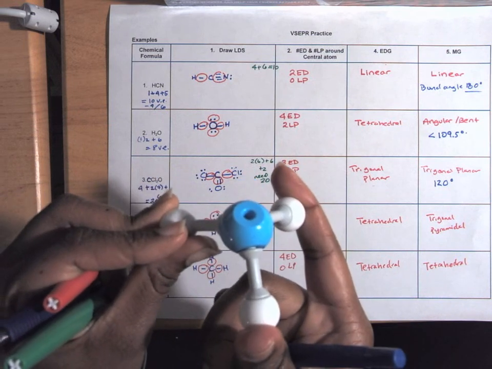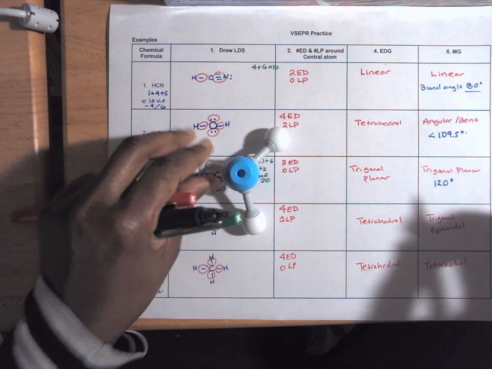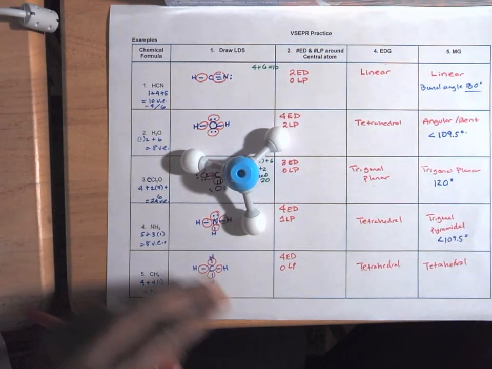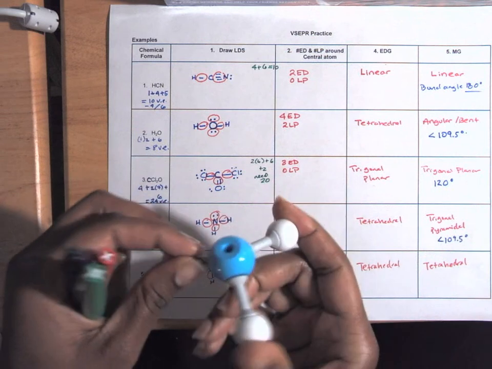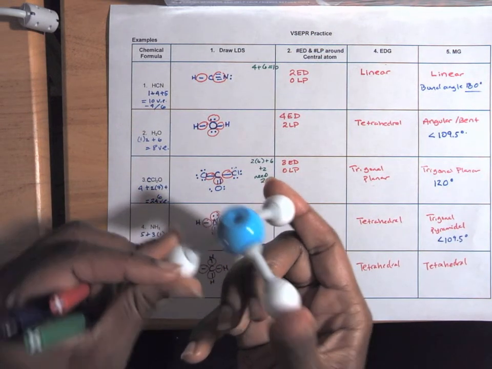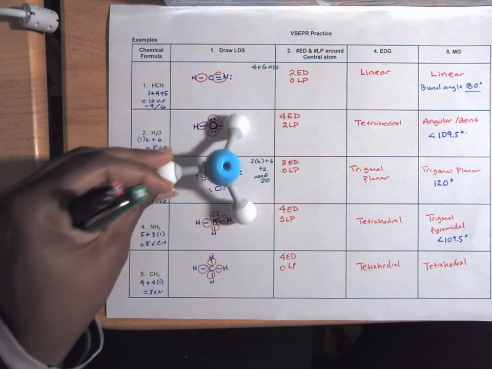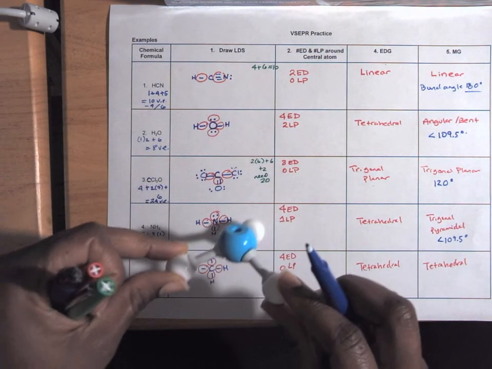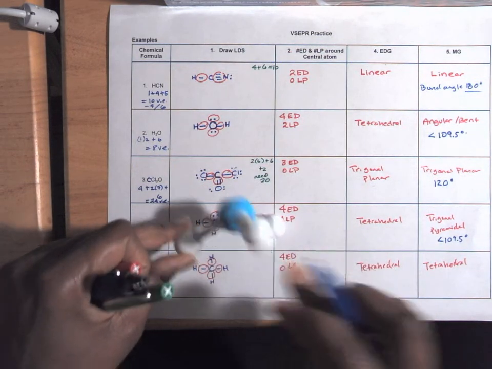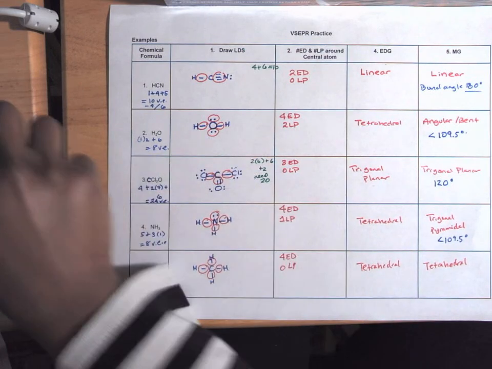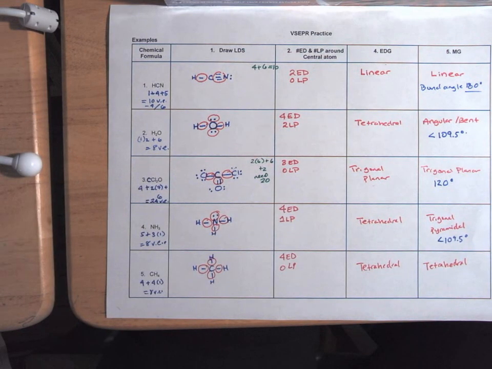So the bond angle is going to be less than 109.5 because they're being pushed in closer together due to that lone pair. And this is NH3. This is what NH3 looks like. Okay, a little tripod. All right, final structure is tetrahedron